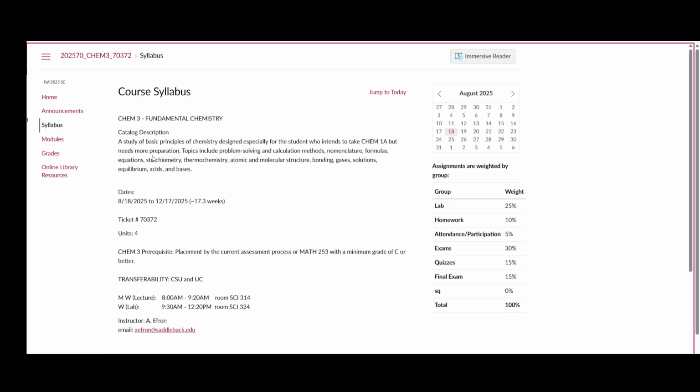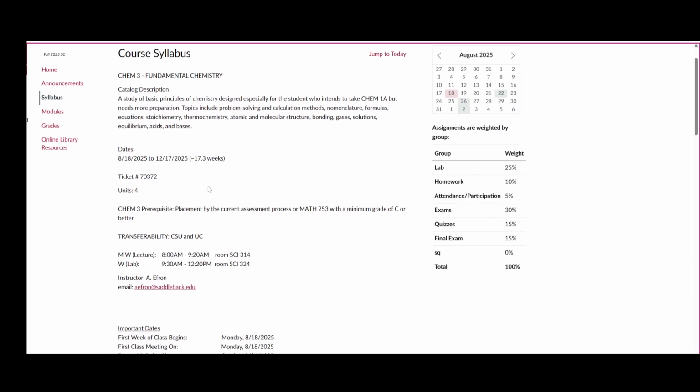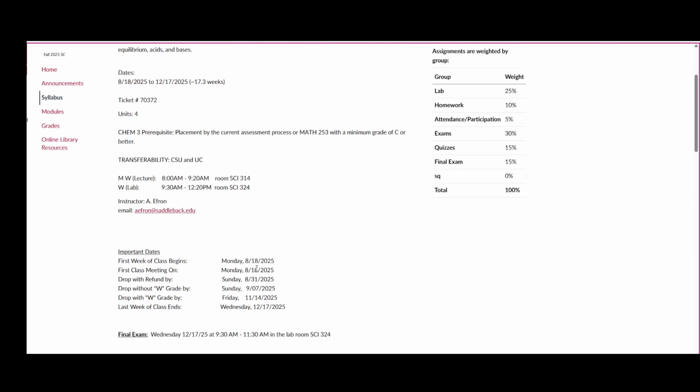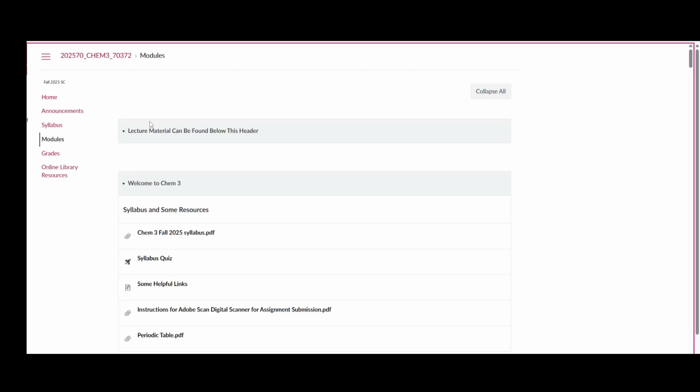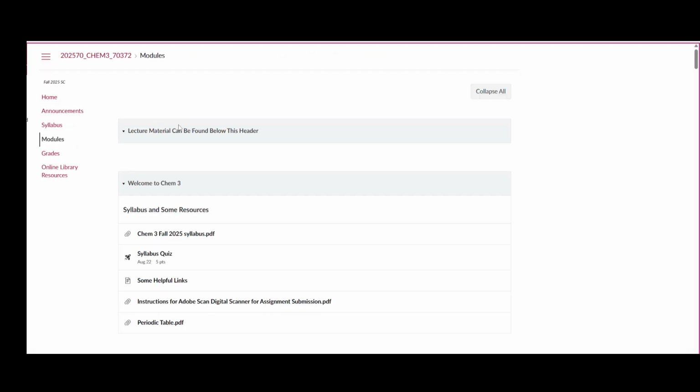We have the syllabus part here, and the syllabus part basically is just the course information, times, dates, important information about when to drop or not to drop if you need to, about the class, obviously contact information there for me as well. And then pretty much everything else here in Canvas is going to be found in the module